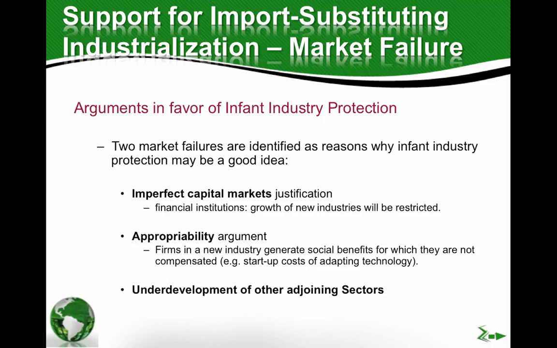It's not easy for this exporting sector to avail of capital or borrow money at the market interest rate, and it might just be that there are no banks in those rural areas where these exporting sectors might be. So the growth of the industry might be restricted because of imperfect capital markets,